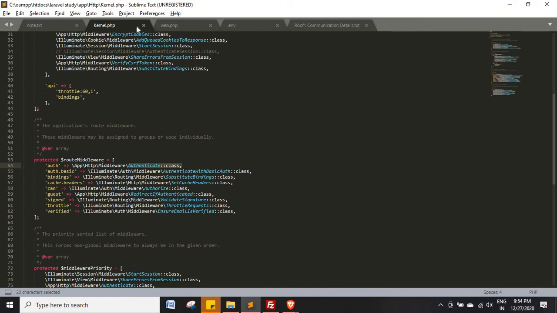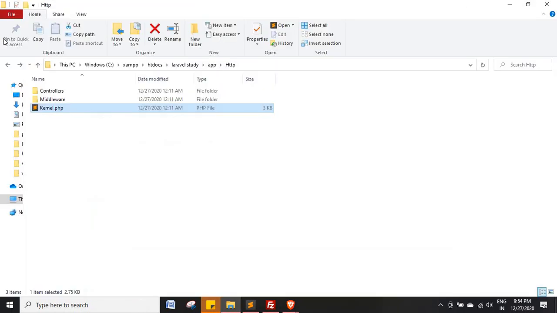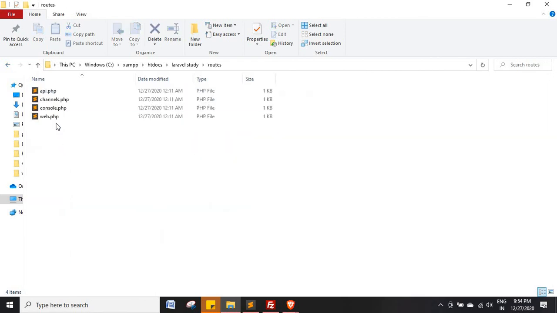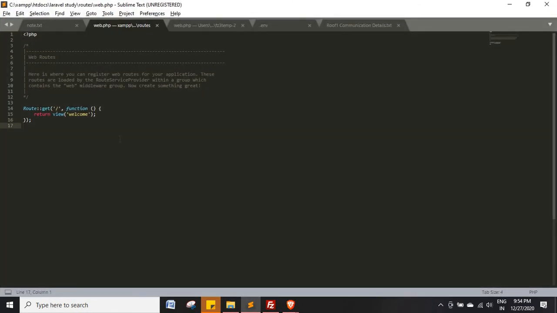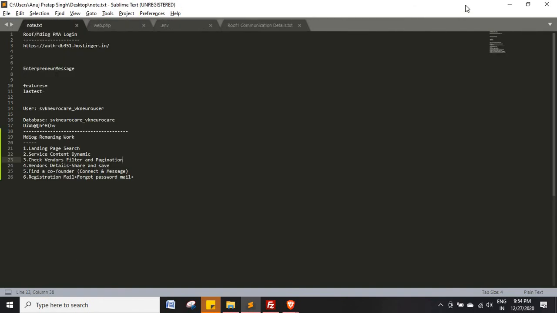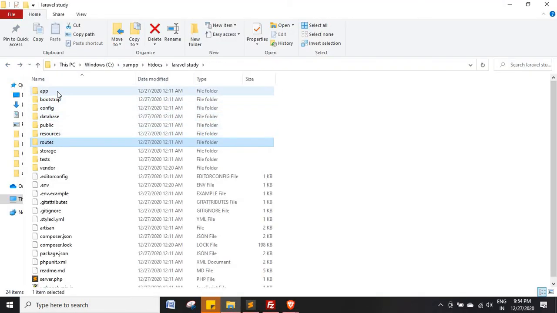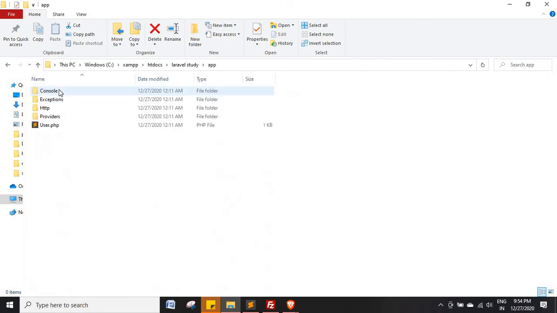After defining it, you can use that middleware inside routes, in web.php. So once the person is authenticated with that condition, then they can access that module.